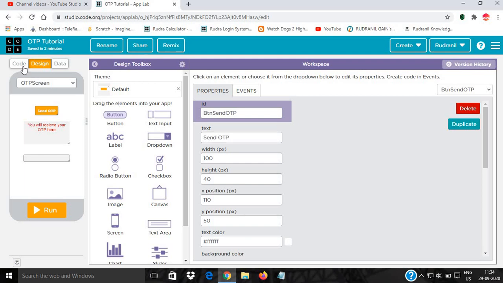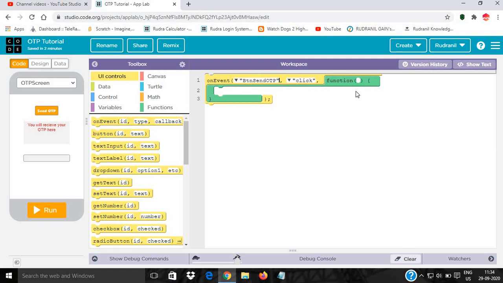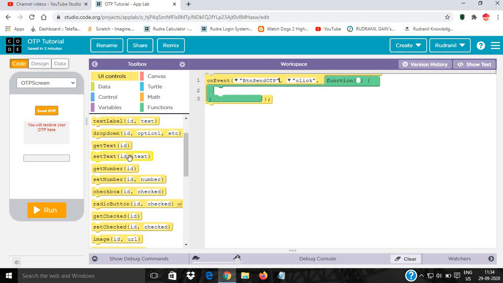The function of the button is that when the button is clicked, the OTP will be sent to this text area. Now in the UI controls, on event btn send OTP clicked, function set text.